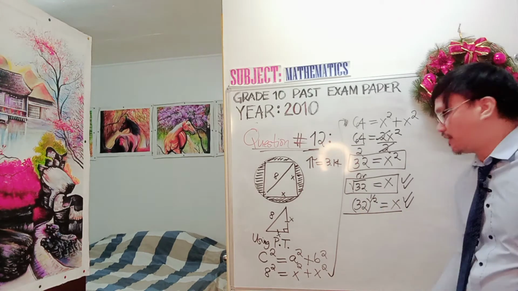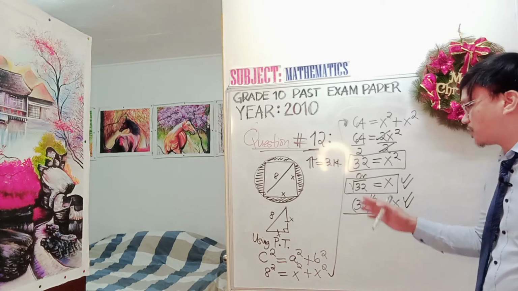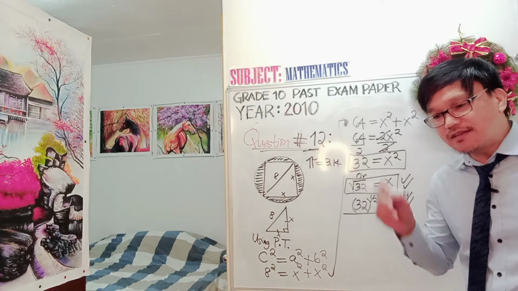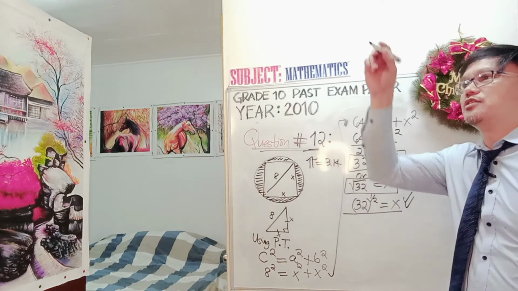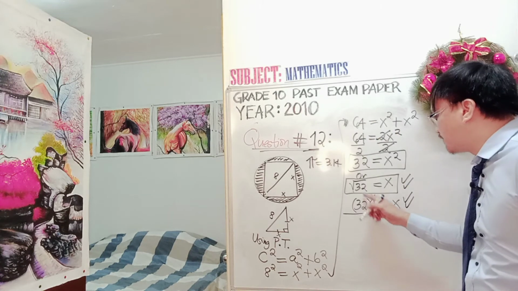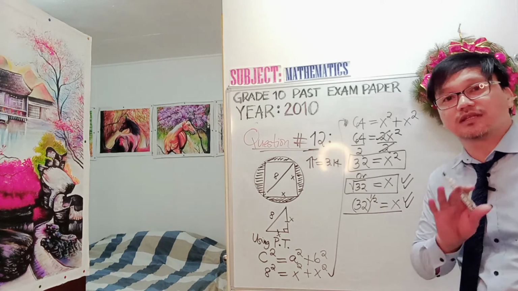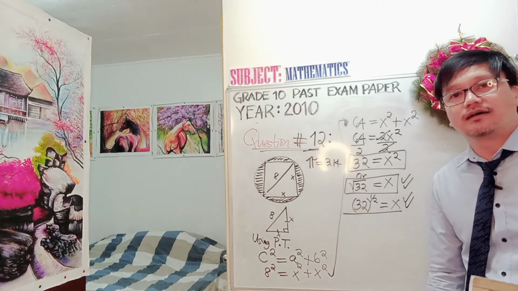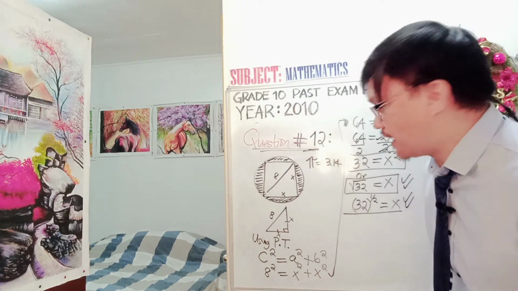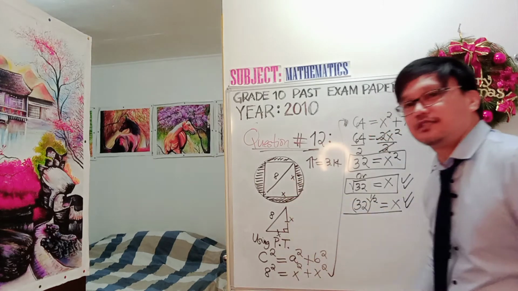And so our new value, which is the same for x, is 32 to the power of 1/2. Leave it like that because you are grade 10, and if you are going to work it out, unless you have already done finding the square root of a value, you will have to start working it out. It's a very long calculation. So leave it like this first, and then probably later there will be a cancellation applying the other rules of indices. Okay, now we have already found the value of x.